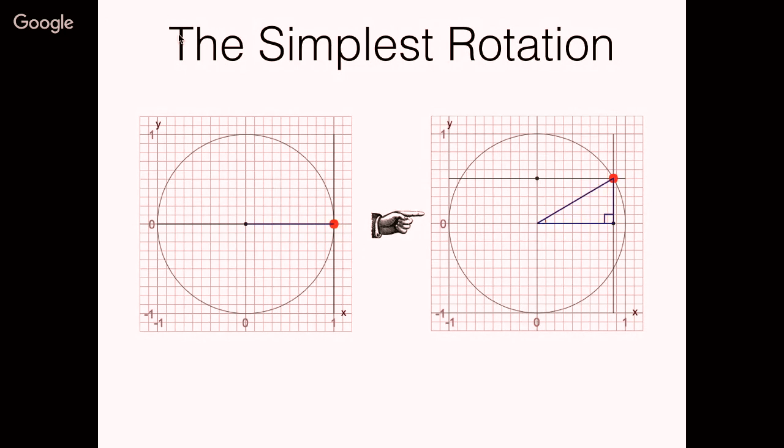In order to understand how rotation matrices work, you have to start with two really, really simple cases. So I've got a point at the eastern edge of my circle, and I want to rotate it around an angle to get to another point, right? So it's the simplest possible building block. And if you look at that, you've gone round the circle, but whilst you've done it, you've also formed a right-angled triangle.